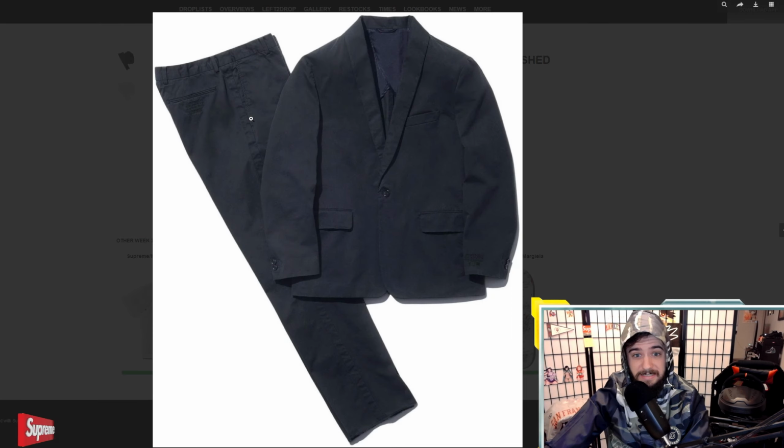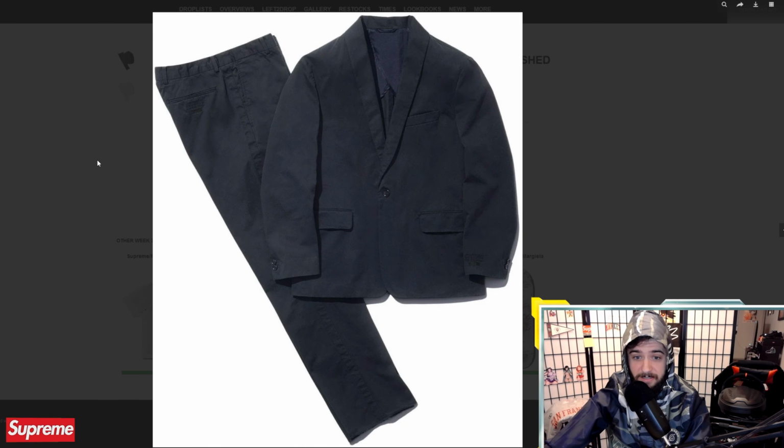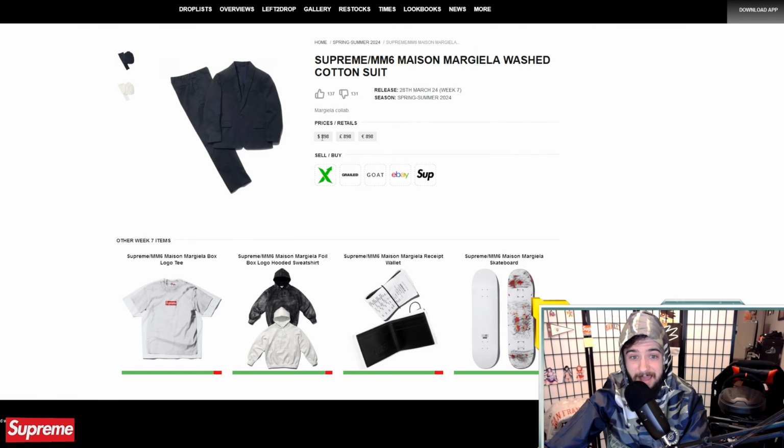The suit is that wild card item. I have no idea if this guy is going to absolutely bang in price. You can look at some of the older Supreme suits that have been made over the years. I know there's a Brooks Brothers suit that's pretty sought after from back in the day, 2015 I think. This guy is a nice looking suit. I would love to have it. I'm going to a lot of weddings this summer, but I don't have $898 to spend on a suit,